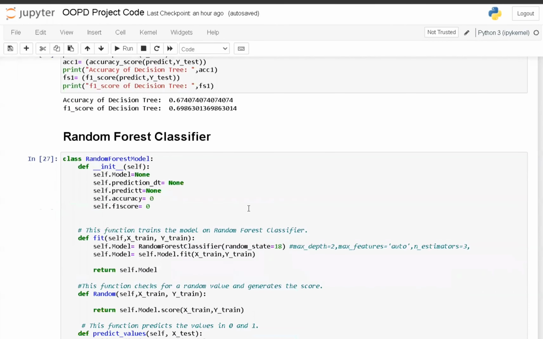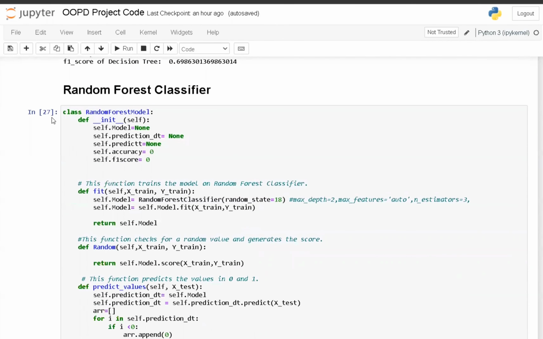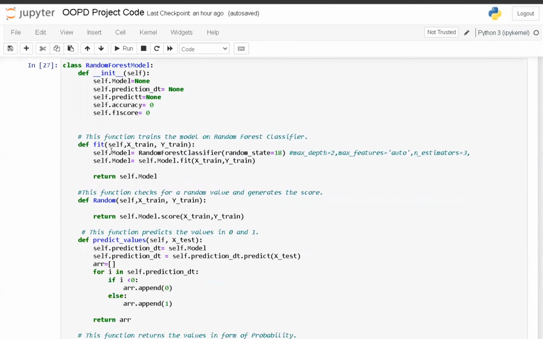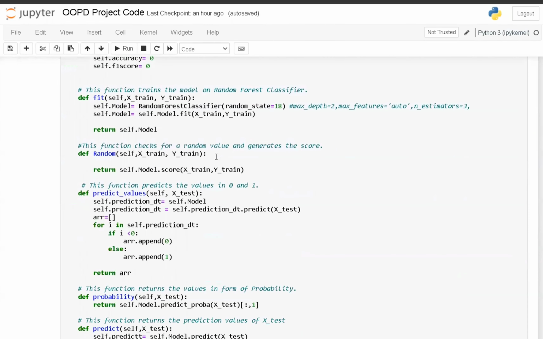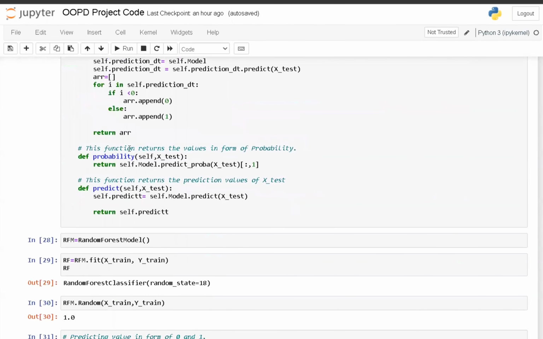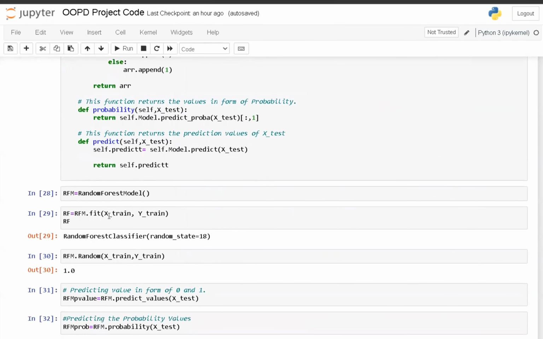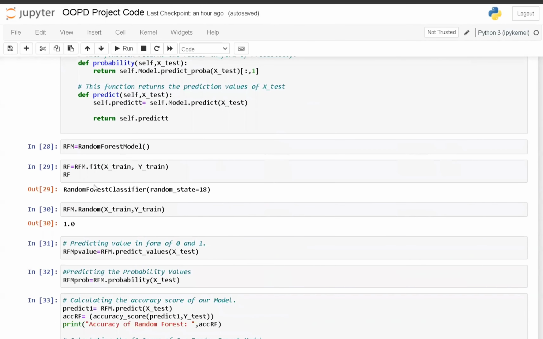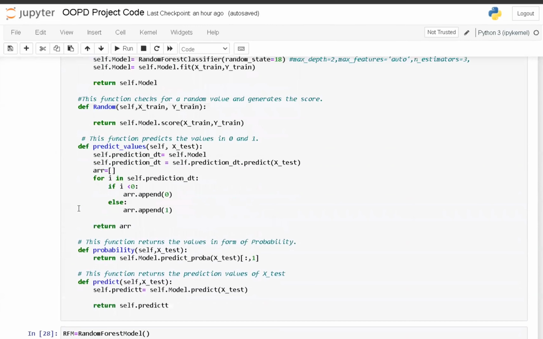Then coming to our next classifier, the random forest classifier, we created a class called random forest model class, in which we have the variables and assign values to them. Again, we fitted our training data over it, and it returns some value.